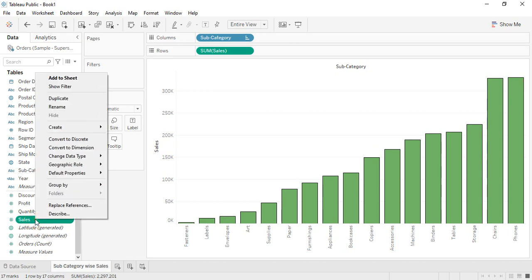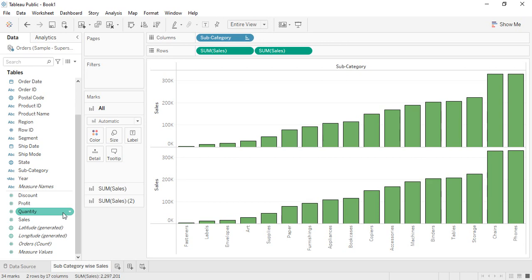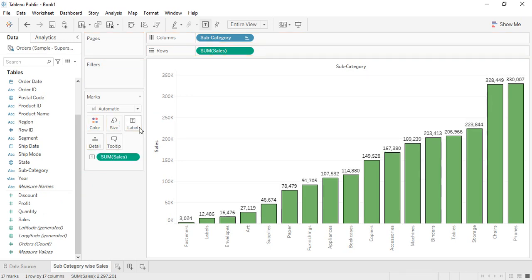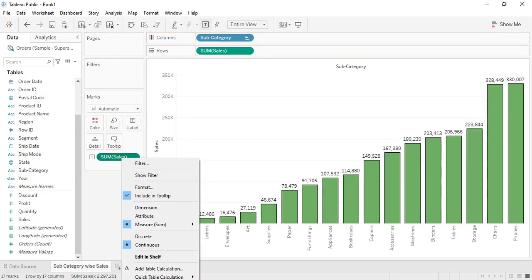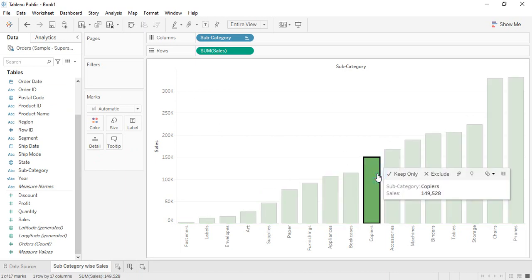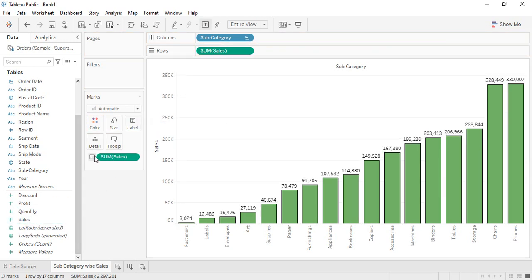Otherwise, if you don't want to do the dragging, you can double click on it. No, actually, double clicking does not work right here. So yeah, you can just drag the sales into the labels part, but if you want to delete it from here, you can right click and there is this option to remove, and that would be removed. So that's one way. The second is this labels option, the mark labels option. If that is enabled, you can use that directly, so you don't have to go through all this process. But right now I don't think it is available. Yeah, we will see its usage later on. For now, you can just drag and drop the sales option, so the sales value is visible.